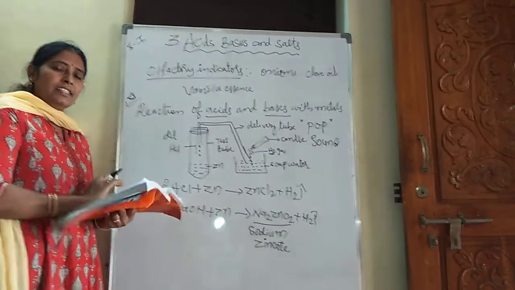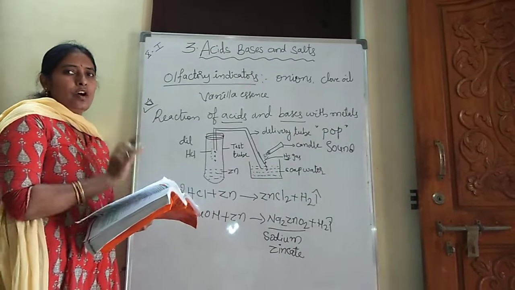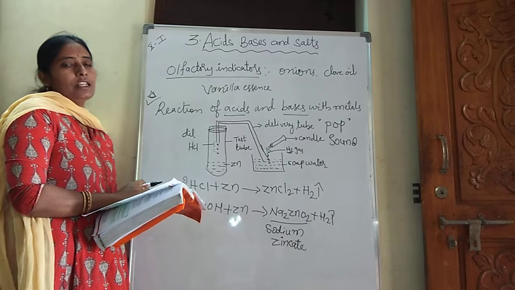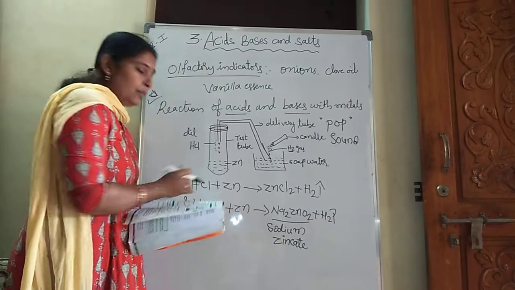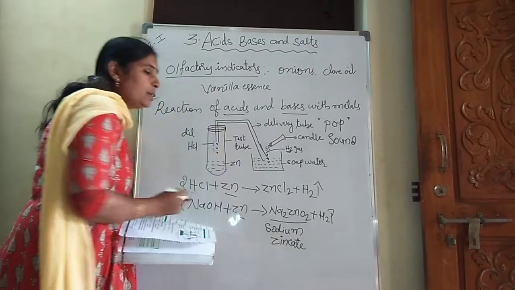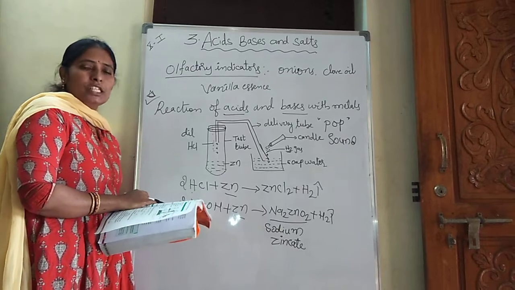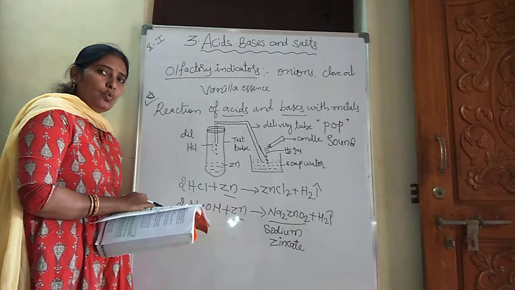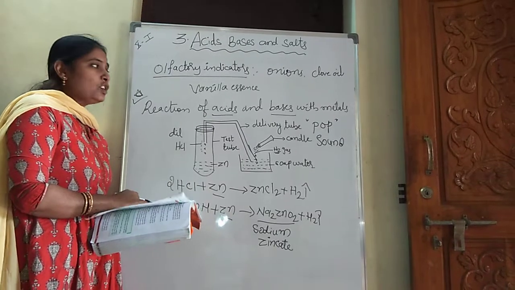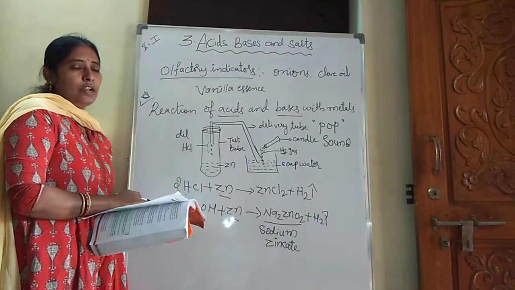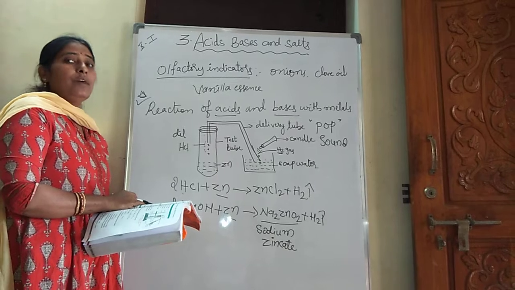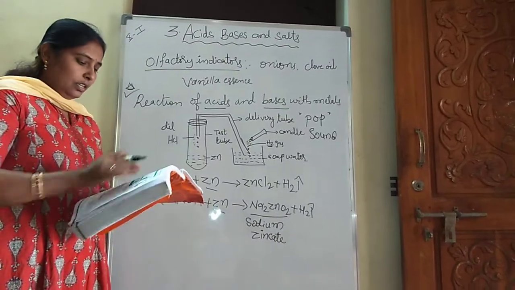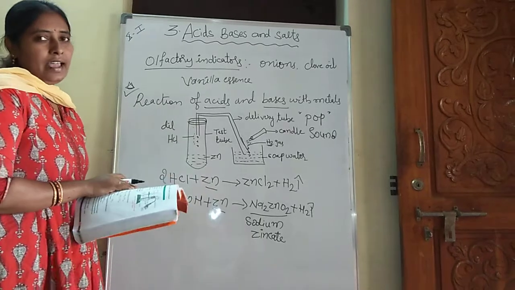Now it is clear. Any acid, when it reacts with a metal, forms salt and liberates hydrogen gas. Not only acids, bases also react with metals and liberate hydrogen gas. So it is not preferred to store pickles in metal containers. In two ways you will be asked the question. Reaction of acids and bases with metal, that is one way of asking the question. And the other way, why pickles are not stored in a metal container. Maybe you are clear with that. I am going to move to the third activity.